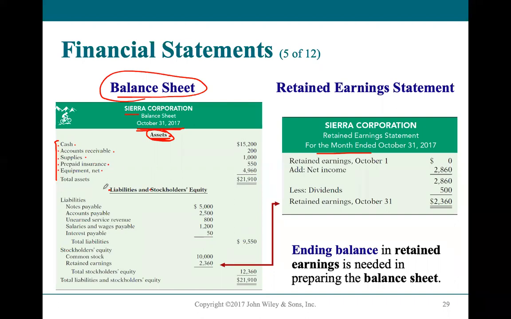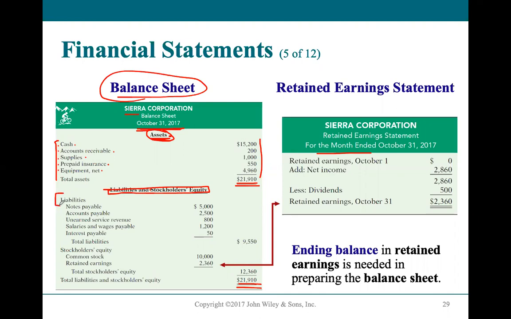The next section of the balance sheet, liabilities and stockholders' equity, balances out the assets. As you see, the total amount of assets are listed here in this column, and they will equal the total amount of liabilities and stockholders' equity. Now remember,